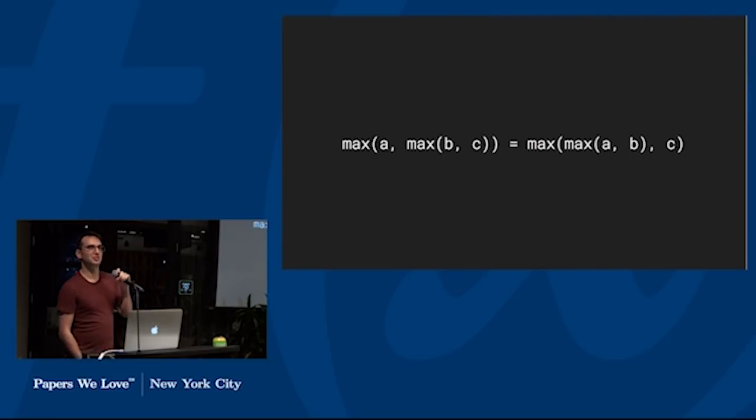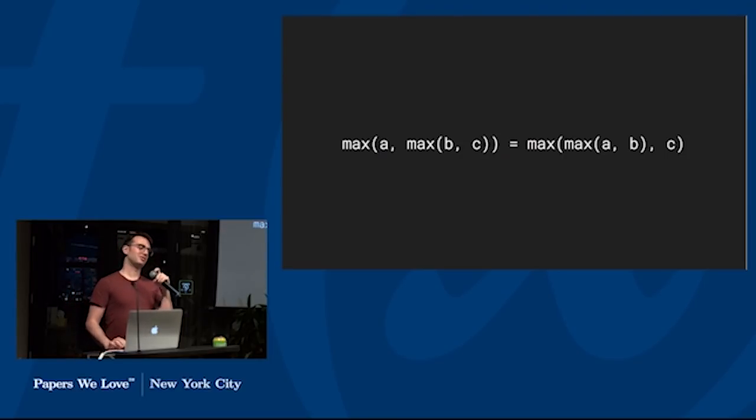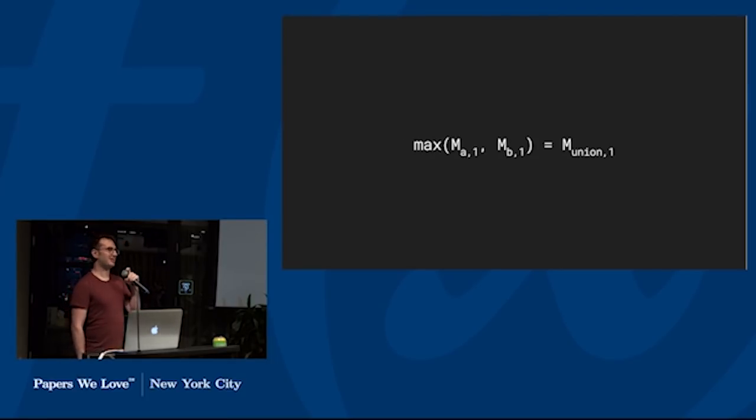But this ends up being true basically just because max is an associative function, right? I think you can convince yourself that it doesn't matter what order you take the max of all your elements in, you're still going to end up with the same result. So if we take the max of the first register of 2 HLLs, that's the same as if we had taken the max of all of the elements in the stream individually,